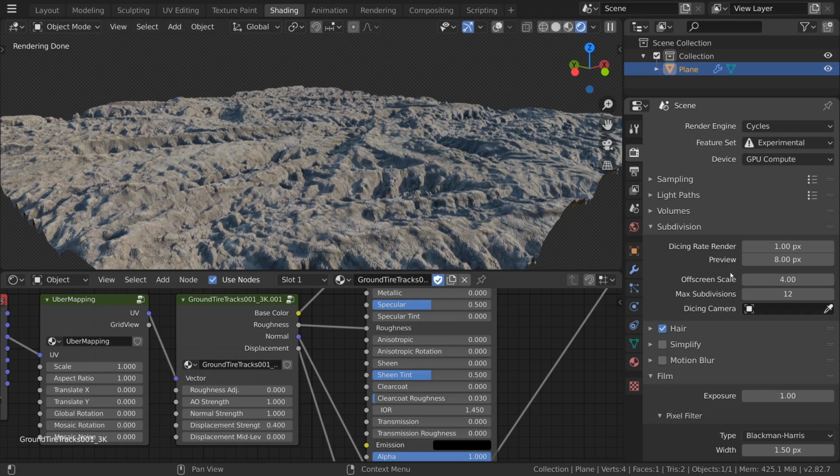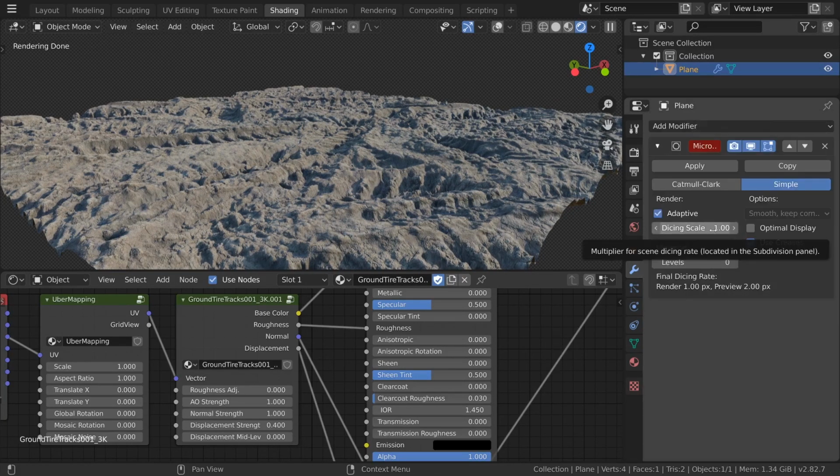Now, with these default settings, the amount of geometry created will be 8 times less in the viewport compared with the actual render when you hit F12. I typically set this down to 2 instead, as it gives me a better idea of what the final result will look like. Then, if we head over to our modifier panel, you can see our subdivision has a dicing